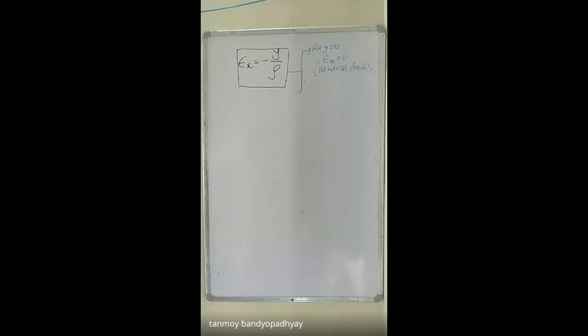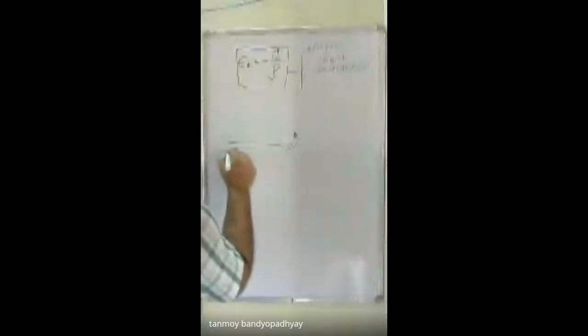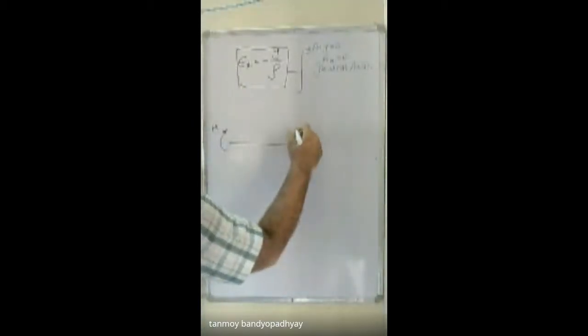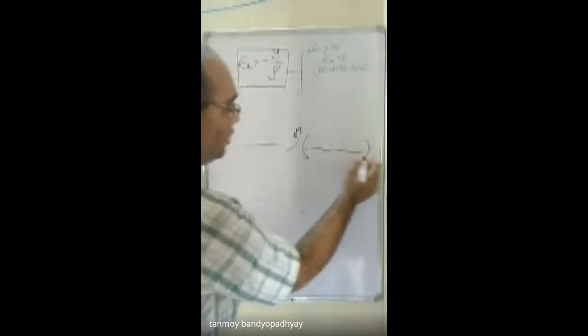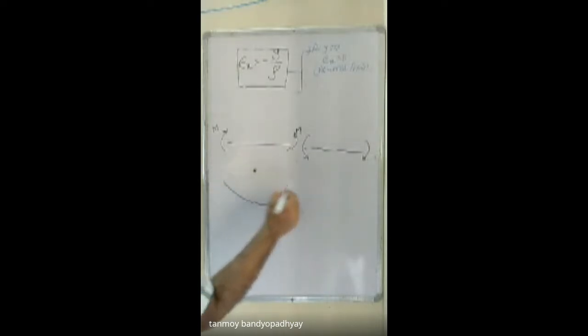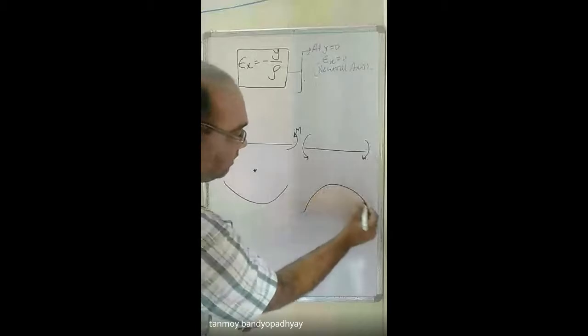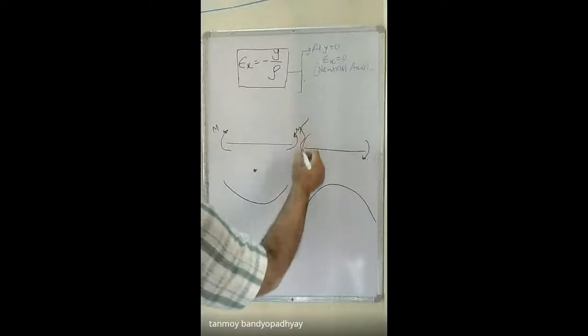So we have to understand what is the positive bending moment, and what is the negative bending moment. Okay? So what is the positive bending moment? Suppose I am having a beam, and I am applying forces like this. In this case, how will the beam bend? The beam will bend like this. So if this is the radius of curvature, center of curvature, the beam will bend like this.